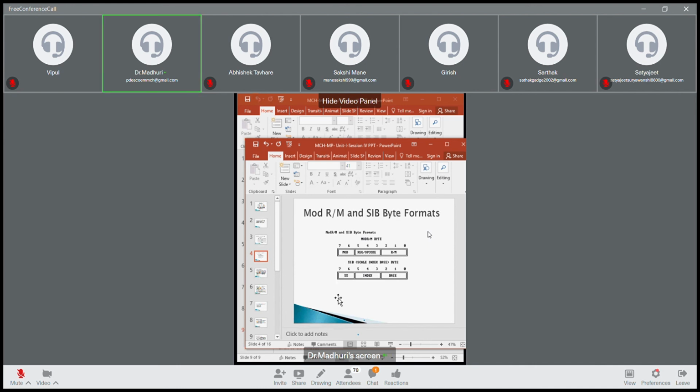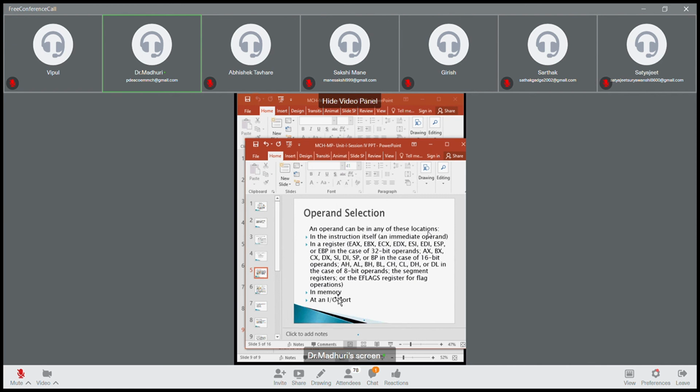Okay. Now next, how will you select the operand? The operand can be in any location. It may be immediate, it may be direct, indirect, etc. So in the registers, we have seen the registers now. Okay. Now where can the operand be? It can be in any register. It may be anywhere. So in the register, all the registers you have, or the base pointer, 32-bit operand EAX,